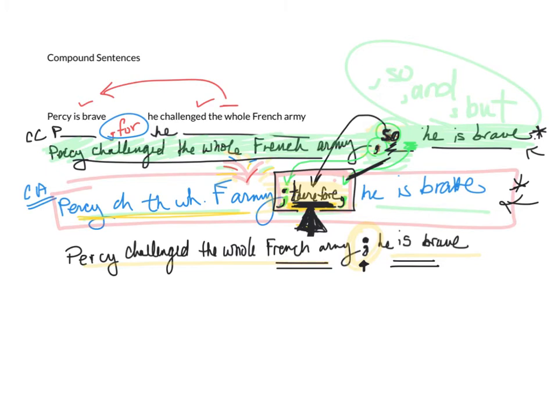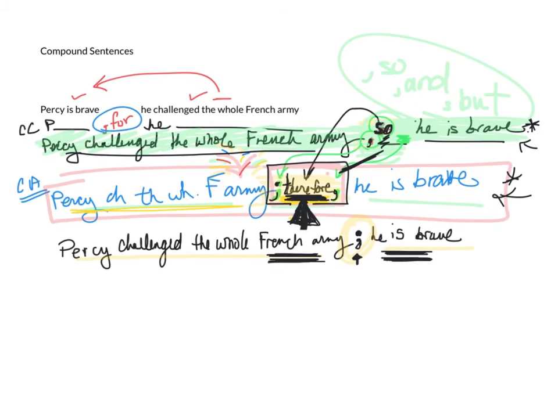So if you are saying that the first idea and the second idea are equal, they are essentially the same. It's like, dude, I'm essentially repeating myself because this idea is equal to this idea, then you can use a semicolon. This should also be used only when these two ideas are short, because long ideas are very complicated,